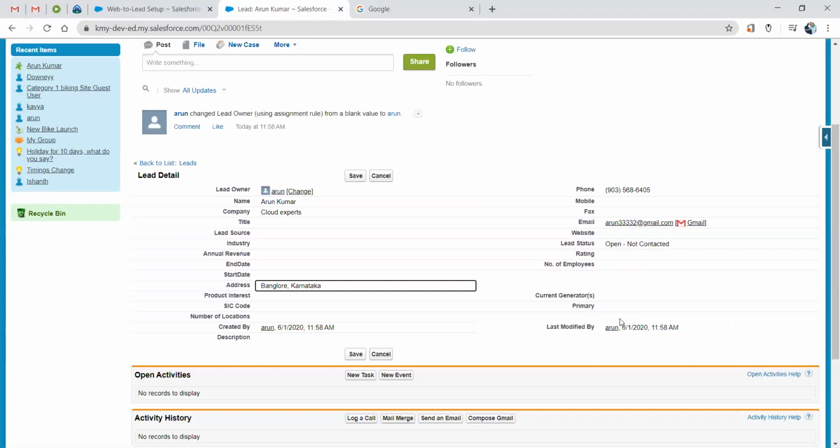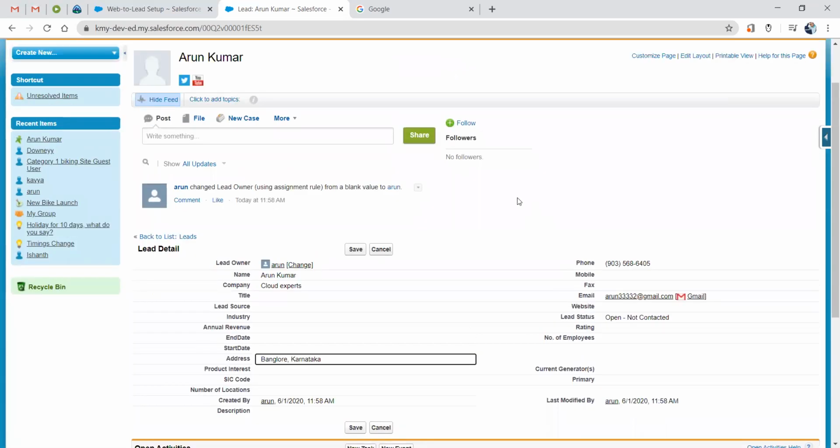Let me give an example of why it's required in business. In business, on a daily basis, there will be several managers or employees who will be logging into Salesforce. Suppose the manager does not want to provide his credentials to some random person in order to create a lead.